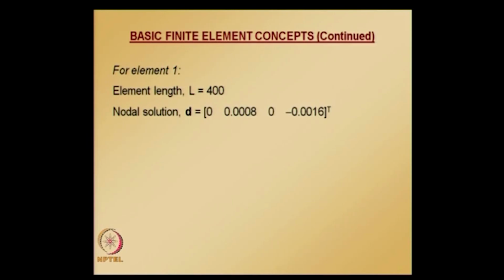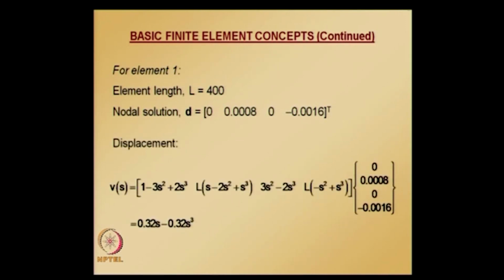For element 1, the element length and the nodal solution, that is V1, theta 1, V2, theta 2, are given. Once we have the nodal solution we can find displacement at any point along the element length using this equation. So in this equation you substitute V1, theta 1, V2, theta 2, and by sweeping s from 0 to 1 we get the displacement values at any point along the length of element 1. Similarly, bending moment